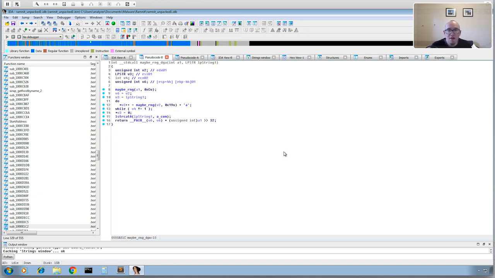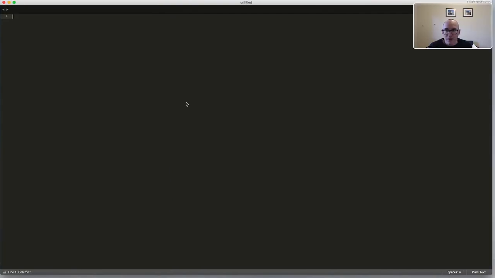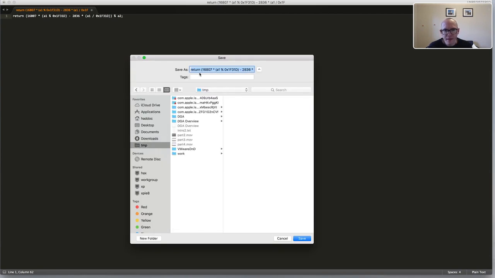So now that we've located the RNG and the DGA algorithm, what we need to do is transpose or copy the algorithms out into Python or whatever scripting language we want to use, so that we can replicate them and generate the domains that we need. I'm going to start with the RNG. It's a simple one-liner, so I'm just going to copy this out directly. I have a notepad open over here, so I'm just going to paste this in, and I'm going to save this file in temp as